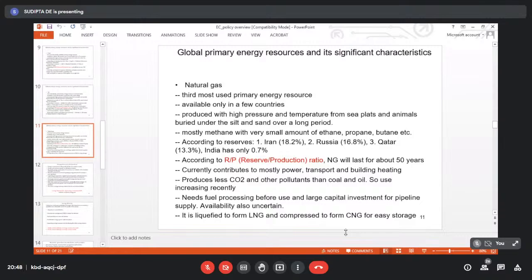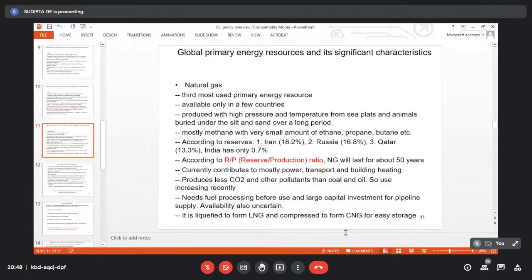Anyway, what I just want to mention here is Iran, though it has the maximum gas, and India has a long drawn plan of switching over some of its coal-based or oil-based systems to gas-based systems, importing gas from Iran. What has exactly been done in the European Union is that they made their own distribution pipeline from Russia, and that is being paid back during this Russia-Ukraine war also. That's why politics has a lot of issues related to energy, and energy plays one of the big roles in international politics.